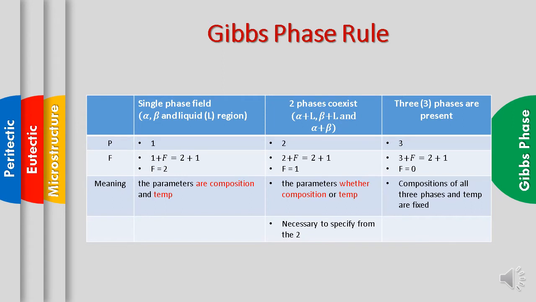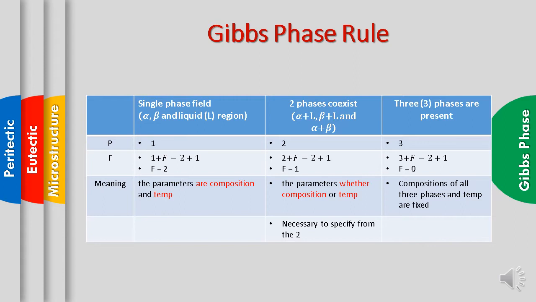Okay, in the phase diagram later on we will see the binary phase diagram. In the binary phase diagram we also have different categories of phase diagram, which are the eutectic phase diagram and the peritectic phase diagram. After this we will see the differences in terms of phase diagram, and we make some analysis